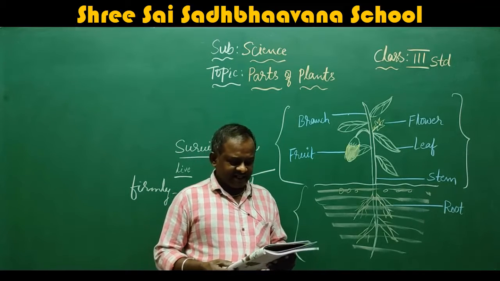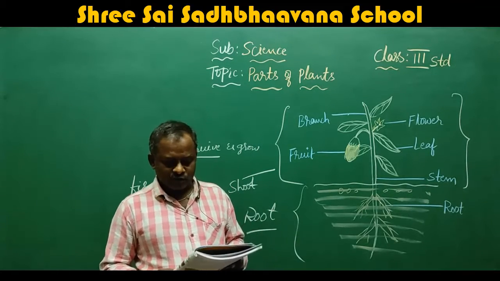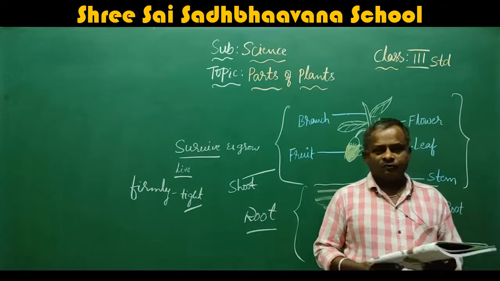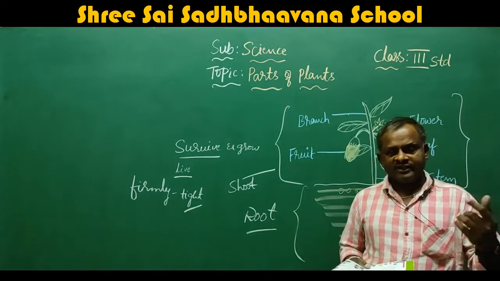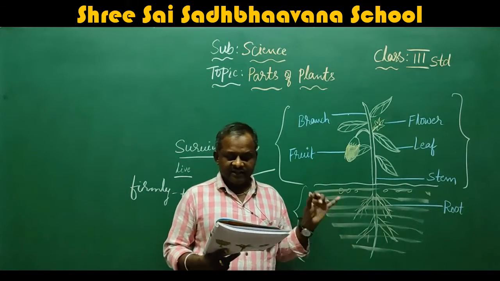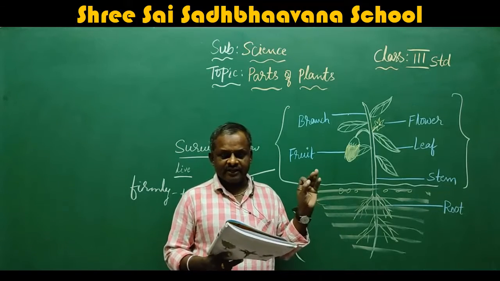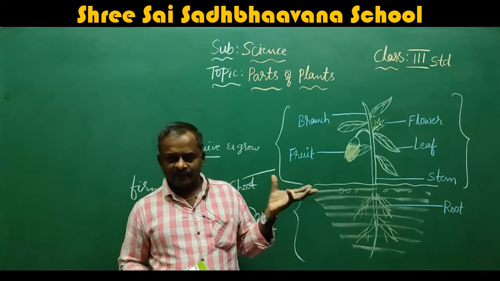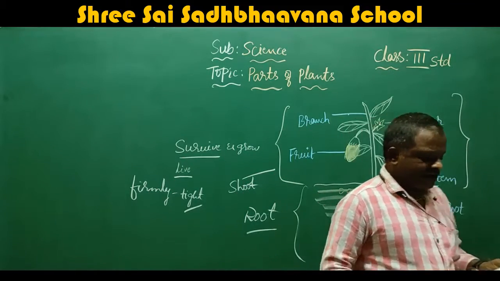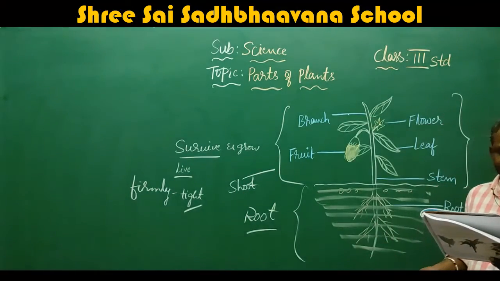In some plants like radish, beetroot and carrot, roots store food. See here they have given radish, beetroot and carrot. They store the food, and that food we eat. I hope everyone has eaten them. You have seen the radish, beetroot, carrot, you make some dishes with them, and we eat them. Now we will go into the root system in depth.